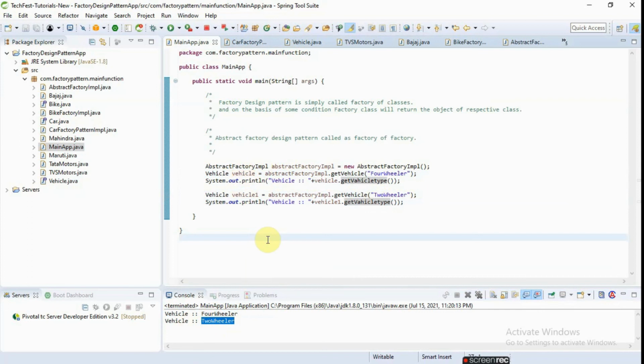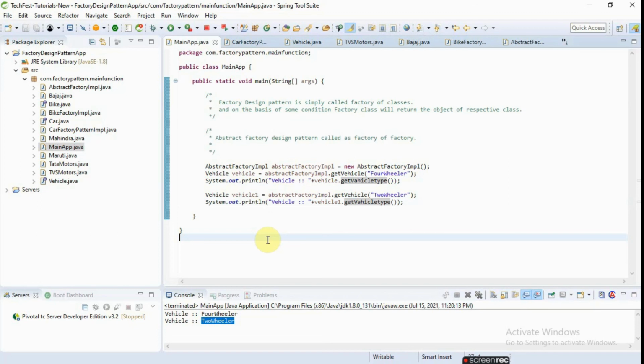So we have discussed in this video what the factory design pattern is. It is basically a factory of factories, and what the business need is. I have explained one scenario where our application is required to connect with two types of databases like SQL Server or Oracle, and we need to support both databases. So how do we make our application flexible to support both databases?